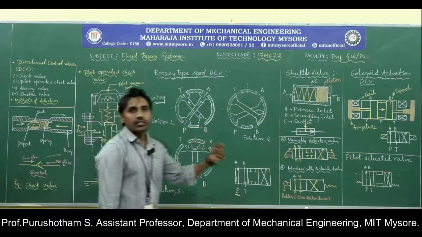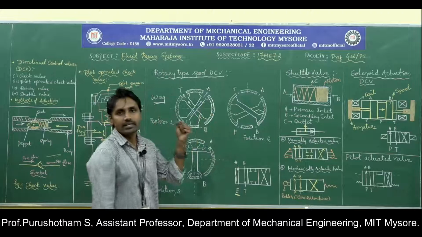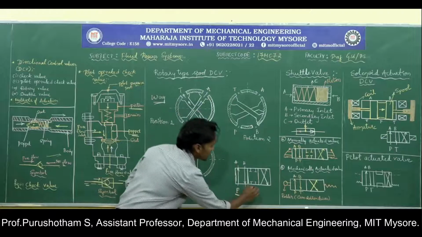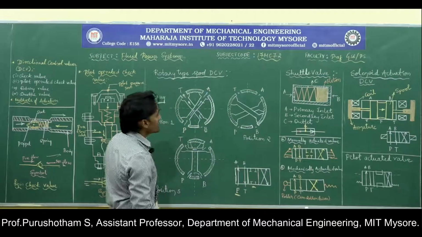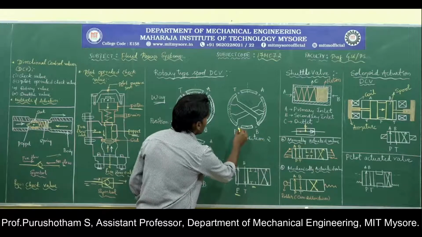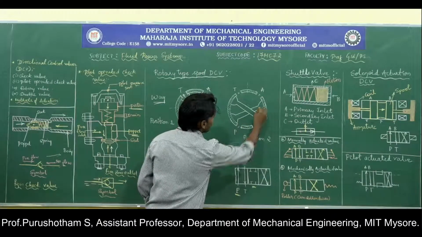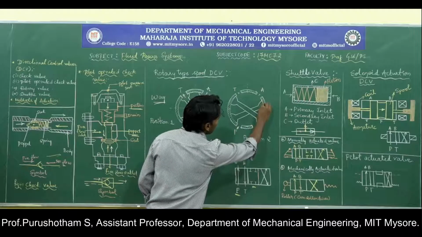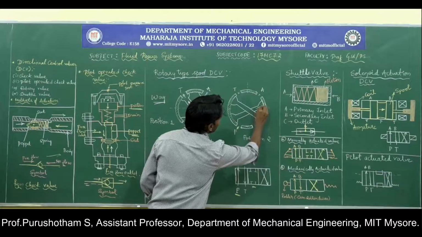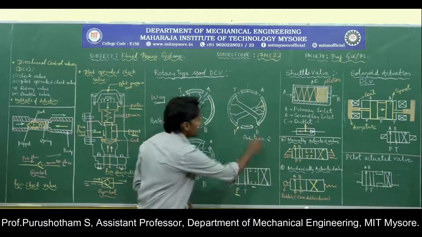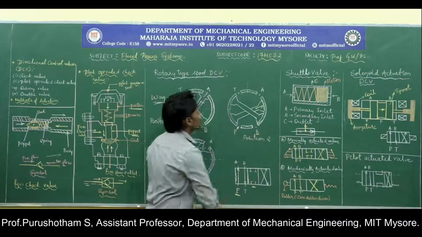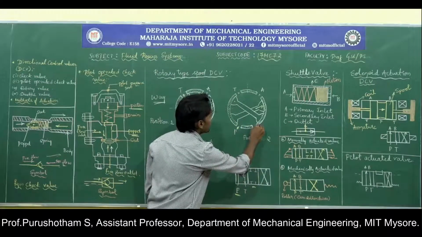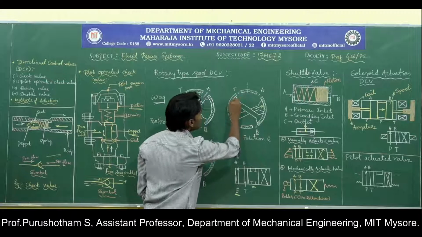Then when you actuate the lever, now the lever is at the left hand side, I am going to actuate the lever so that it comes to the center position. Now you can see the port from the pump is blocked. The fluid from the pump is not going to enter port A, because the valve is blocking the hydraulic fluid. At the same time, the fluid from port B is not going to enter the tank, because that is also blocked by the valve.